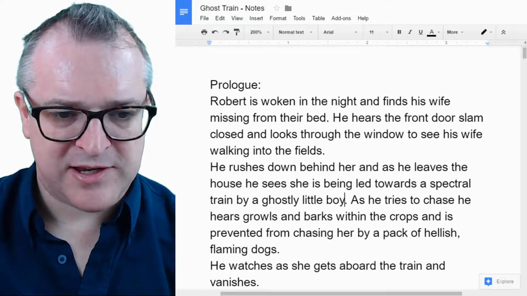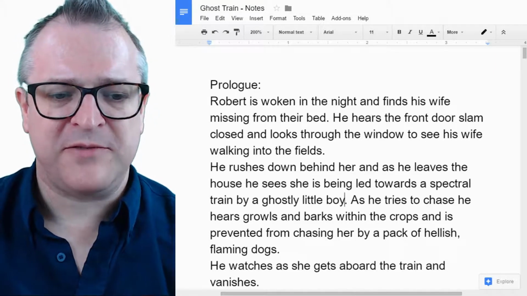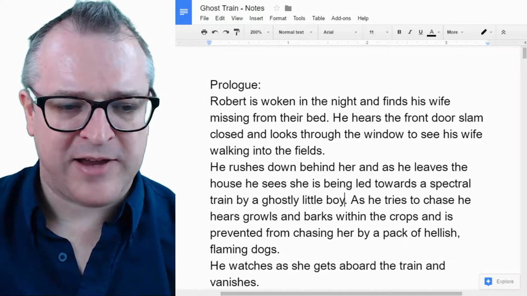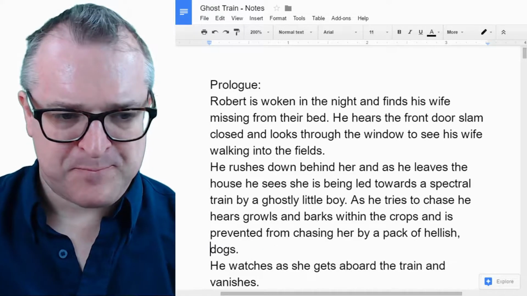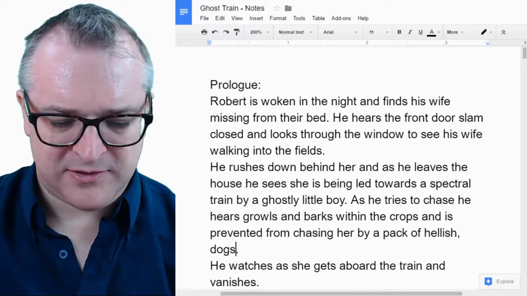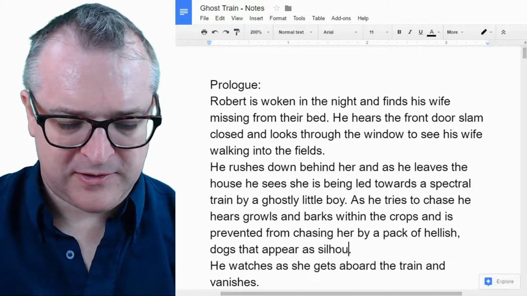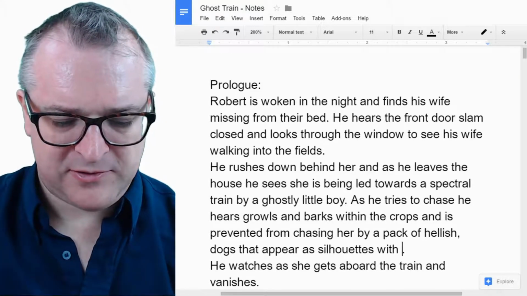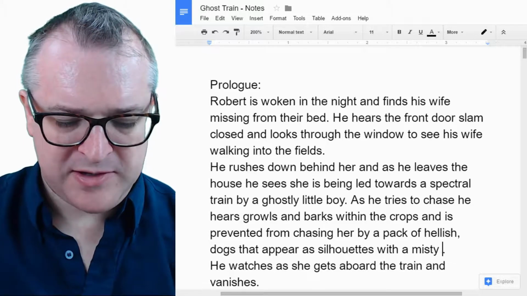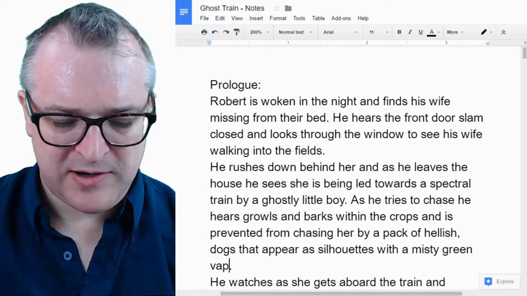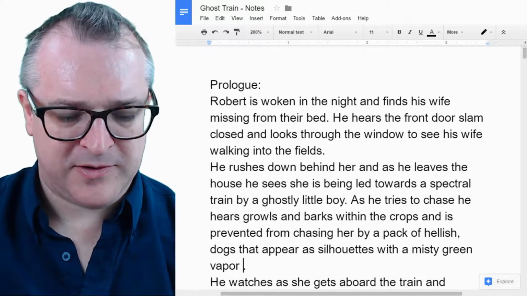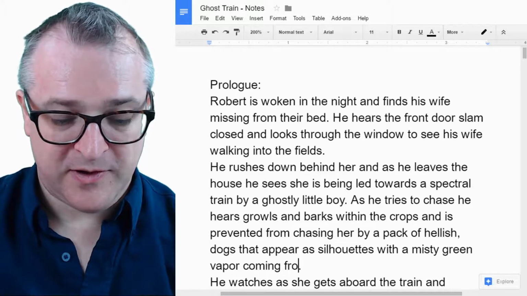As he tries to chase her, he hears growls and barks within the crops and is prevented from chasing her by a pack of hellish dogs. And we know what these look like. That appear as silhouettes with a misty green vapour coming from them.